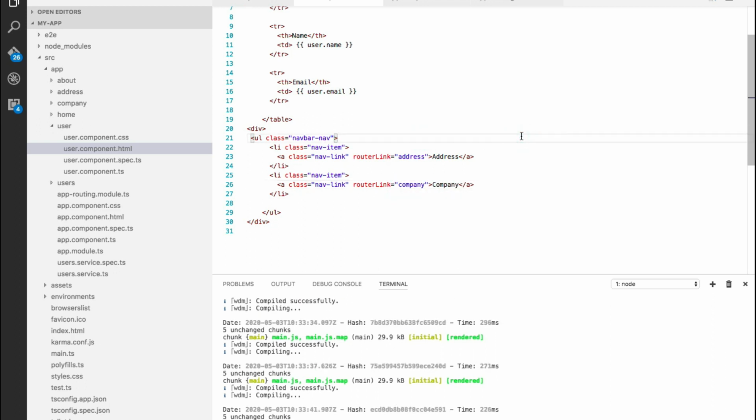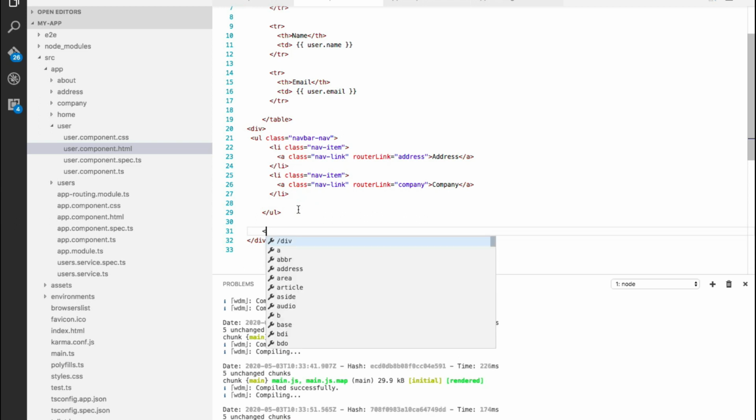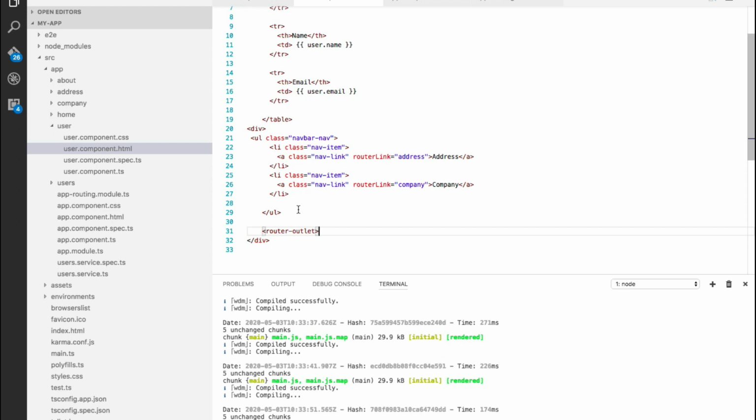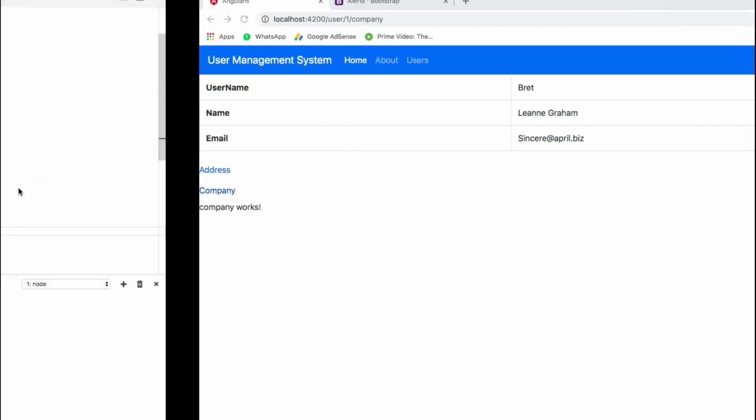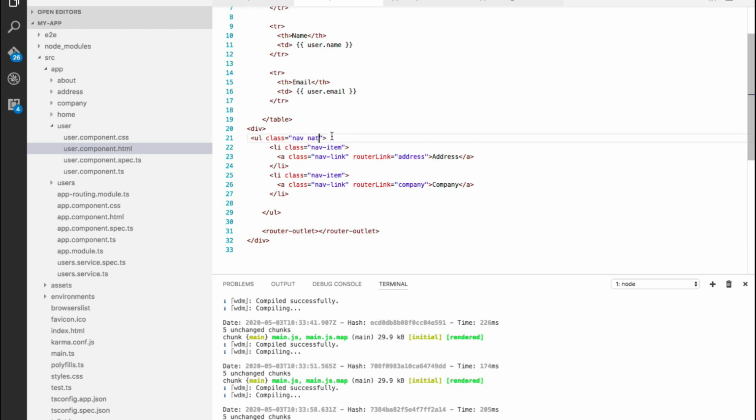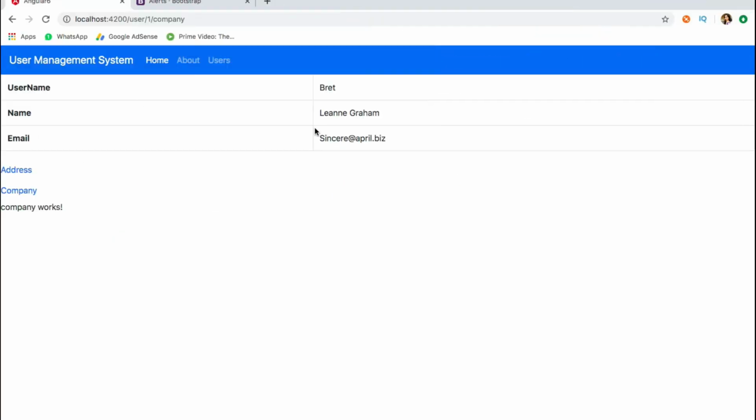So now we have designed the navigation as well, but still it will not work because we didn't define the router outlet yet. So the last step is, where you want to display your UI, you just need to put the router outlet placeholder so that the address and the company route UI can render here. So now move to your browser and test. Here we can see we have address and company, and it is also displaying the UI when we are navigating from one tab to another. You can make it a little bit better, so we simply say nav tabs so that it can display horizontal navigation.